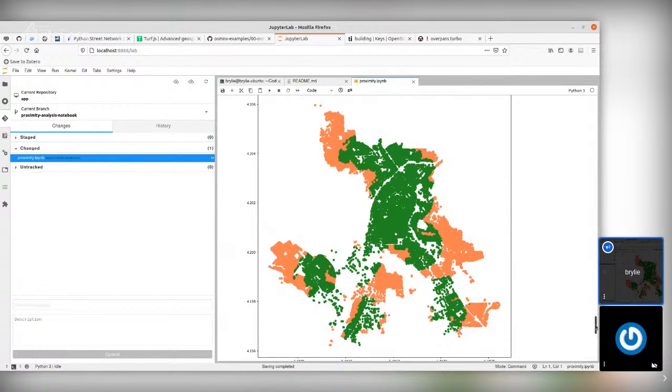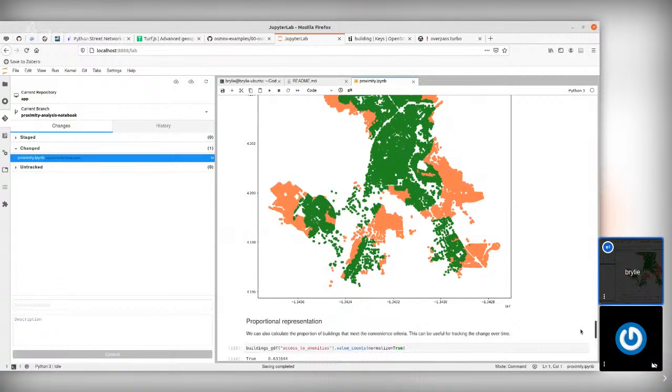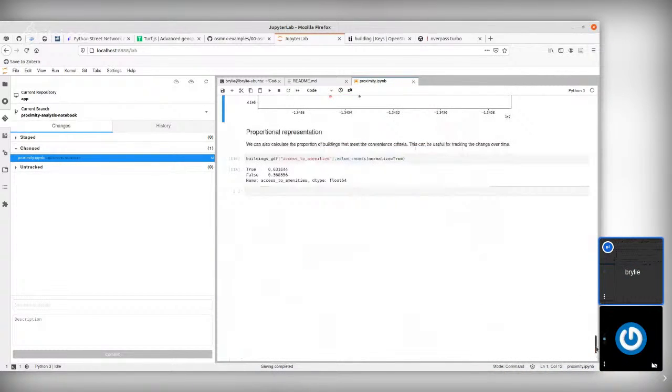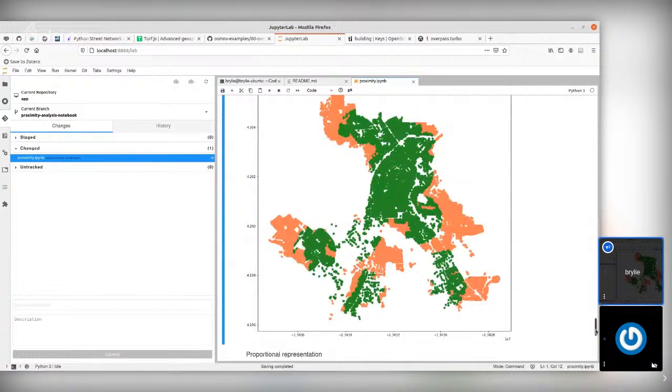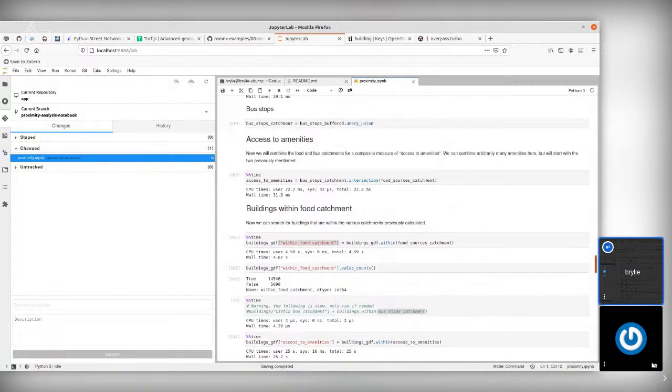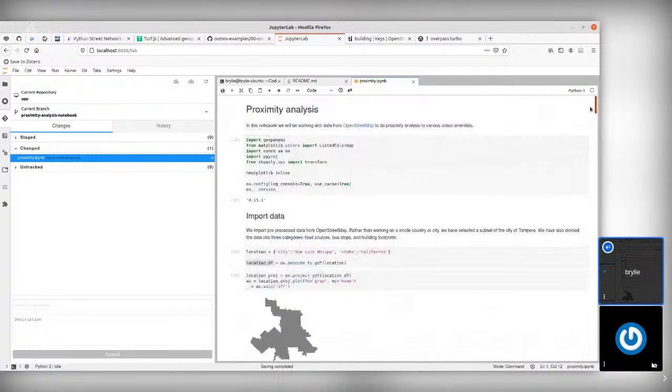If I change this analysis to do Tampere, in fact, let's do that. I suspect our public transit isn't as robust. The problem is Tampere's got a lot of rural area. So if I run this whole thing,